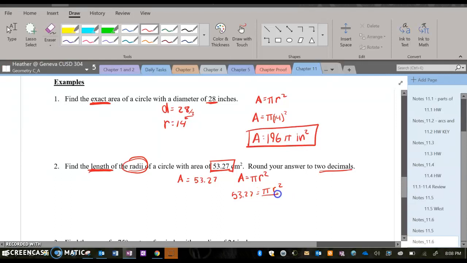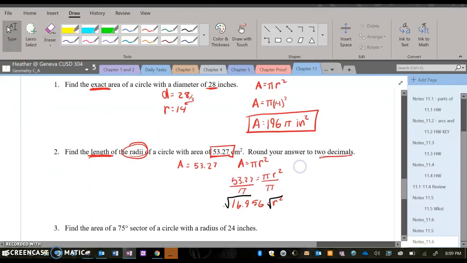Here we'll divide by pi. And when you do 53.27 divided by pi, you will get 16.956 equals r squared. And now we need to get that final answer, so we'll square root both sides. And when you take the square root of 16.956, you will get here r to equal 4.117. And now we want to round to 2 decimal places. So we have r equals 4.12